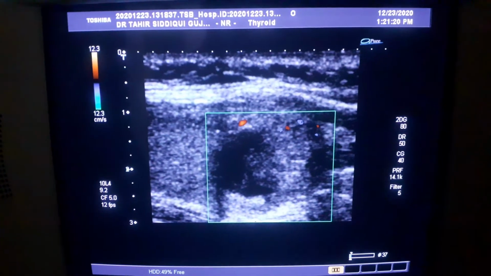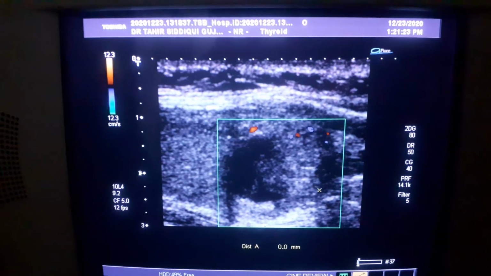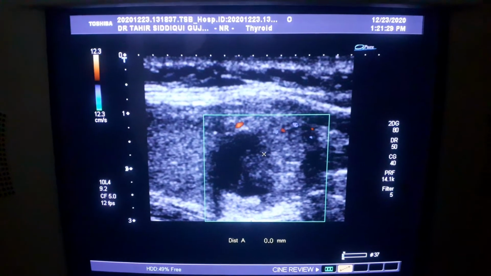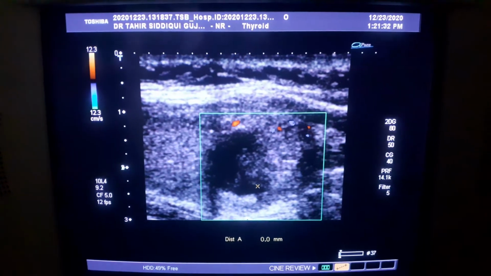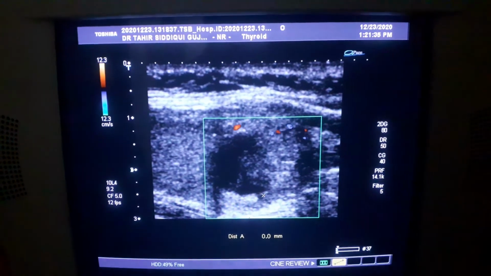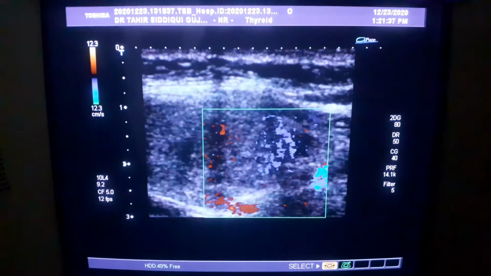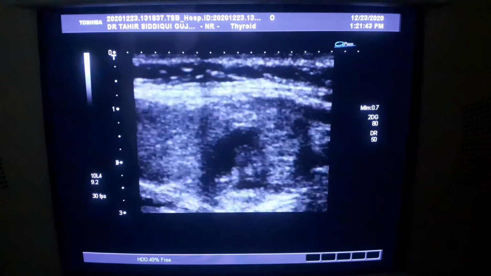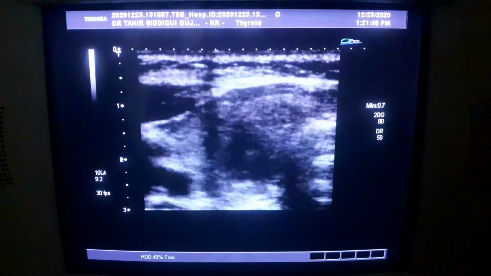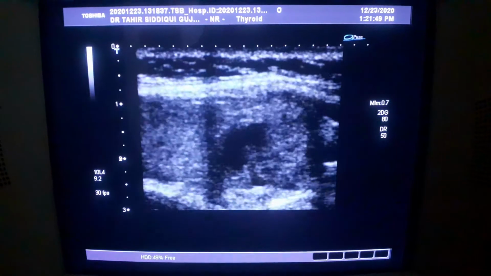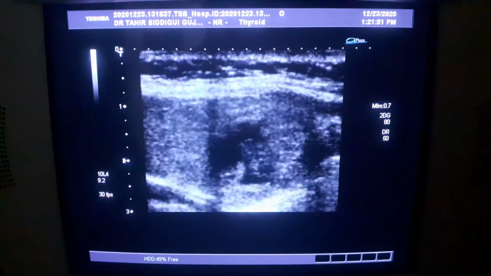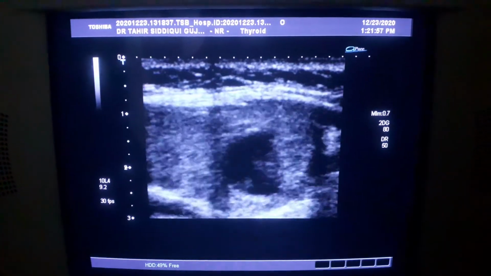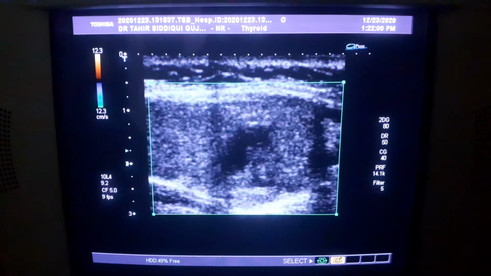The vascularity of the lobe is also normal. This is the cystic area, the echogenic area. Within this there are no microcalcifications, and no lobulation is seen in this case. This is more in favor of being of benign nature. However, on ultrasound we can just give this much and report it as we see it. The rest lies with further investigative procedures.